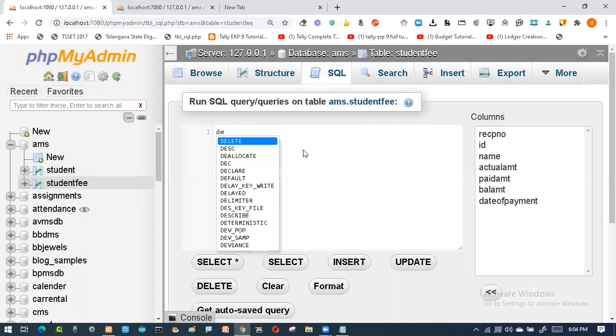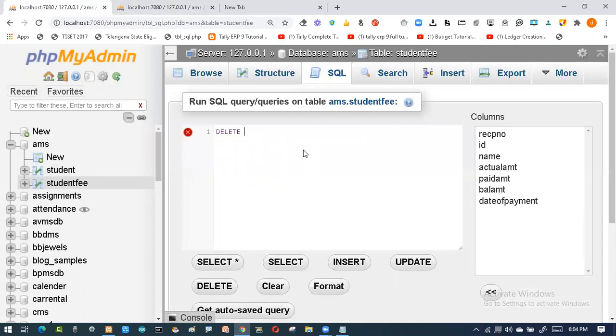So delete from, it is from student table. Okay. We don't have the ID number 1. That's right. So it is from student table. We have gone for the student fee. Sorry for that. So we want to go with the student. So it will be no problem. If it matches, it will delete. If it doesn't match, it will not delete. So that was the case. You can find it in the previous example.